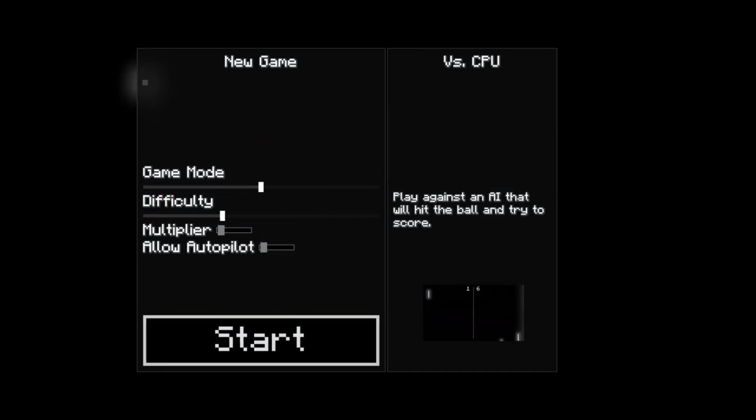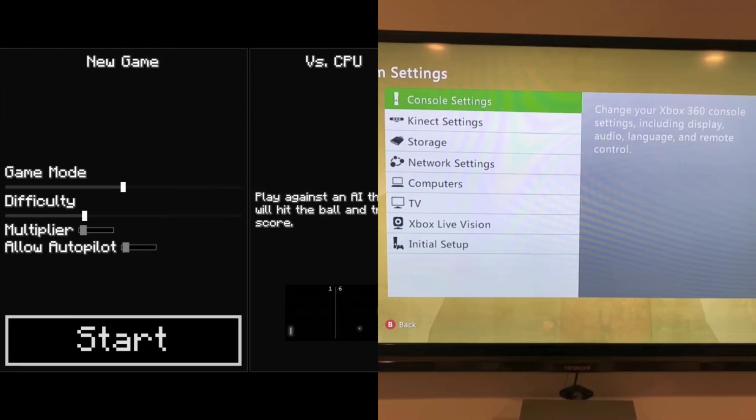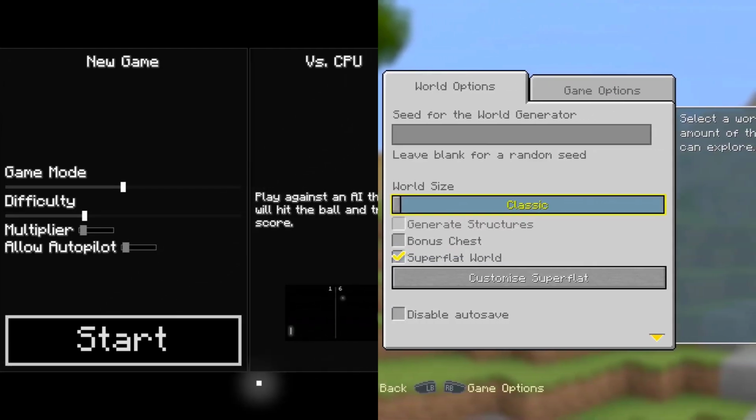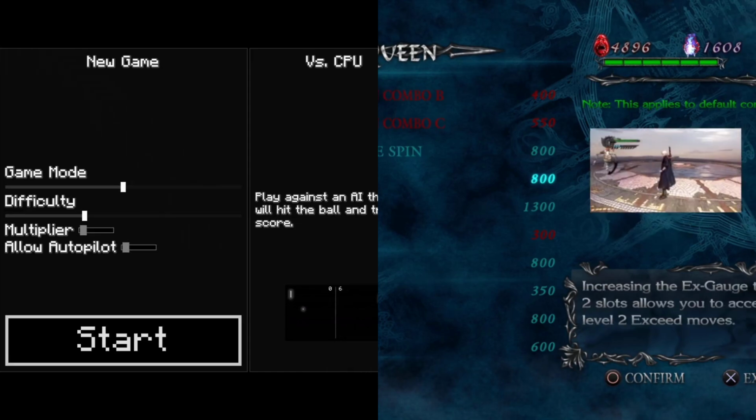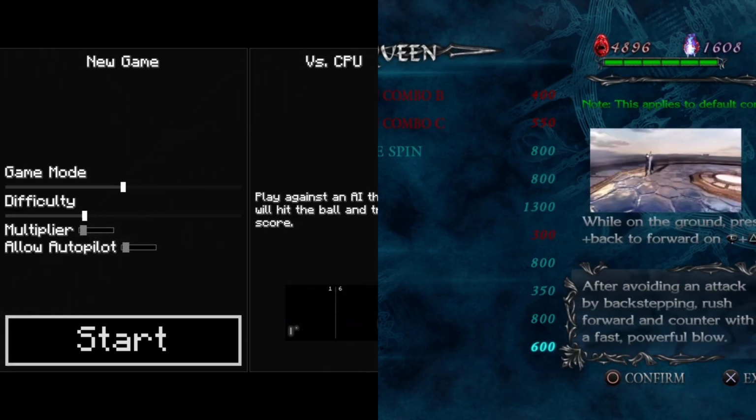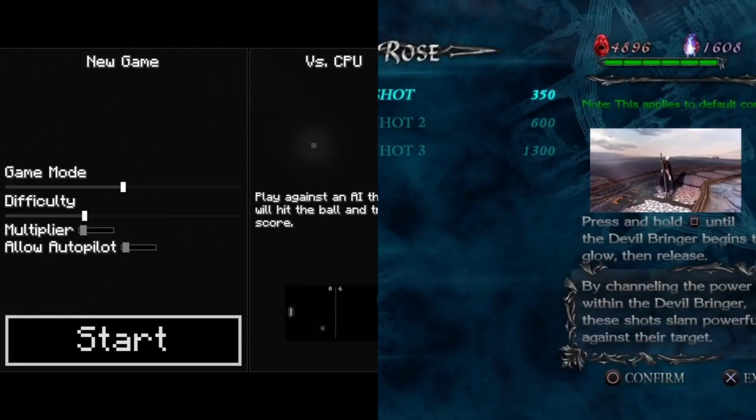I based this design on the Xbox 360 settings menu, which features two panels, one on the left for interaction with the user, another on the right to efficiently explain the setting to the user in case they don't fully understand what they are doing. It may also remind you of Minecraft Legacy Edition, with the use of sliders and toggle buttons to change between game modes and customize gameplay. And the last reference is a little preview of the game that the user will have, as if it was a Devil May Cry 4 skill shop, where you could see the list of combos available for each character and watch a little in-game demonstration.